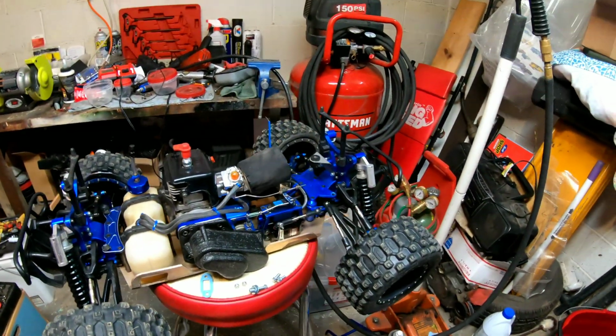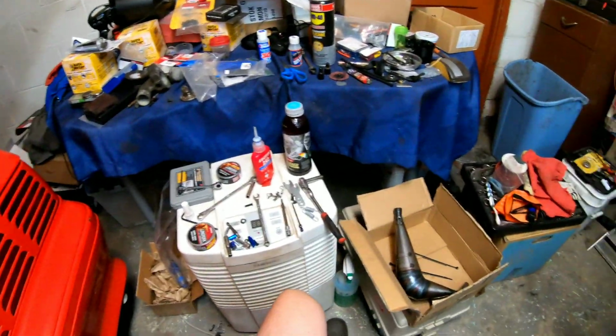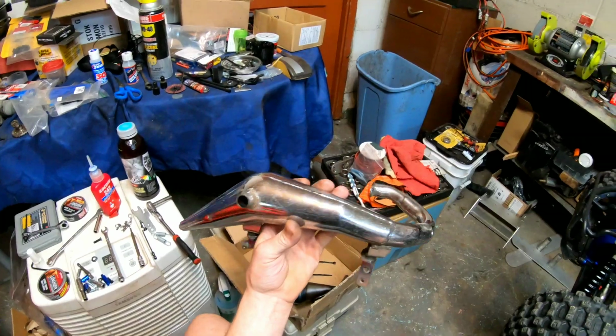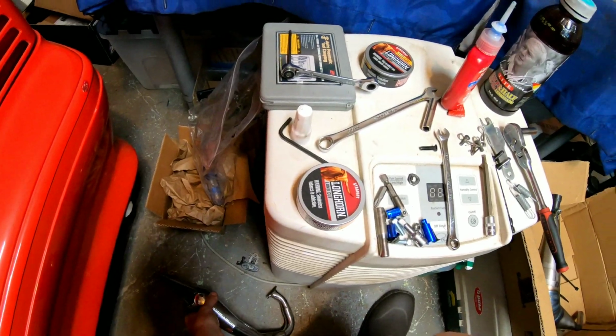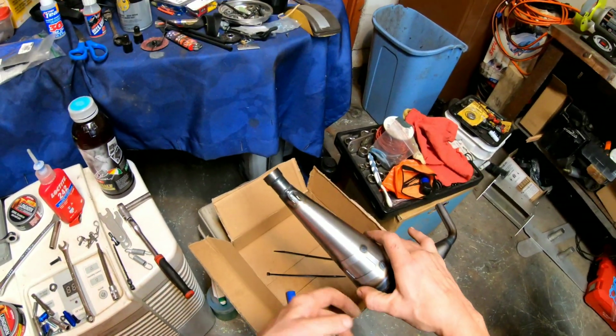Got the Redcat Rampage MT, and I decided I'm going to put a different pipe on there. I had the DDM Dominator on there for 3 years. Not that I don't like it, but I just wanted to change a little bit, you know what I mean? So I went online and